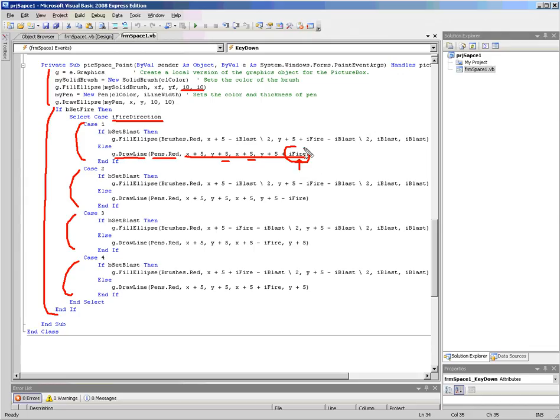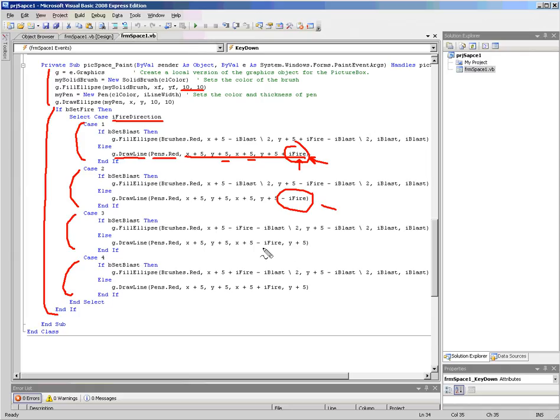So this part right here in each one of these, notice, adds on the first one, subtracts to the Y on the second one. So that means on this one, we're going down, we're firing down. On this one, we are firing up, okay? On this one,